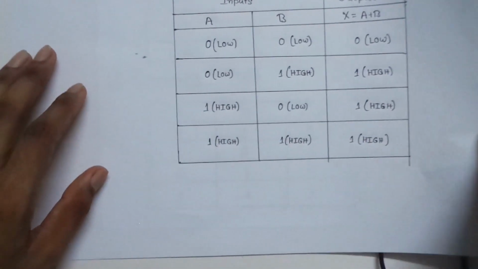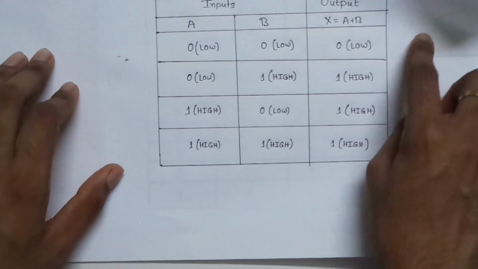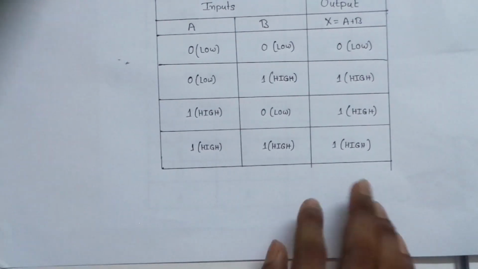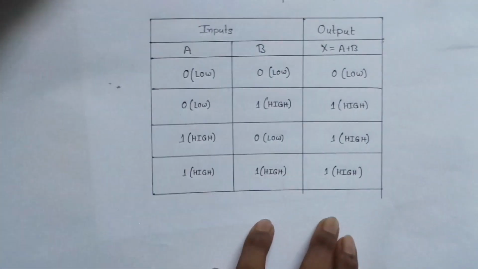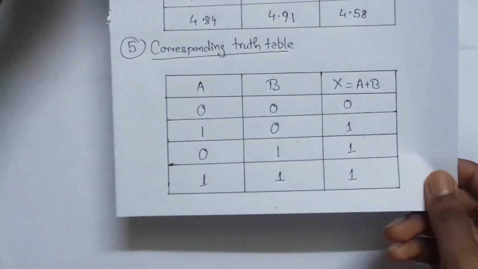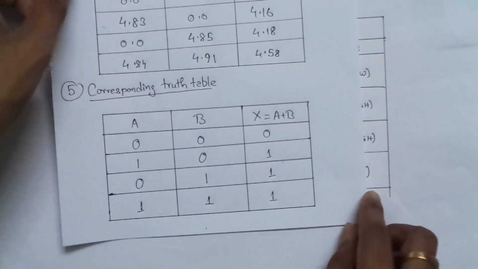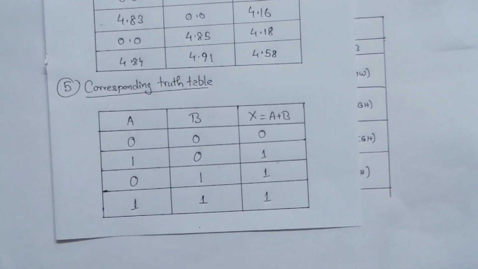And before doing this experiment I showed a truth table of OR gate. This one was that, and our data is also looking the same, so our circuit is working properly as OR gate. In this way we can make a simple OR gate experiment at our home very simply.